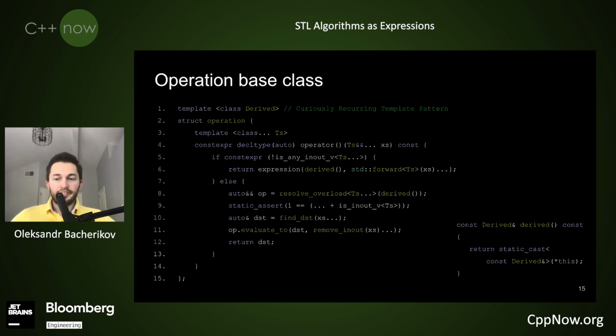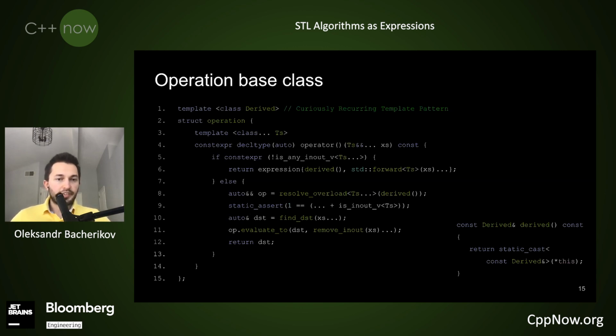And to confirm that it's the case indeed, I have the implementation of the derived method in the corner. What it achieves by that is that it's used to simplify the implementation of our operations